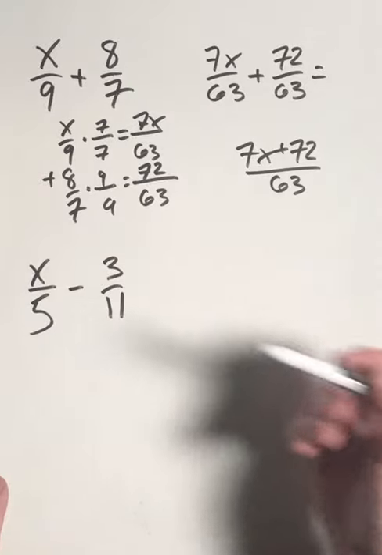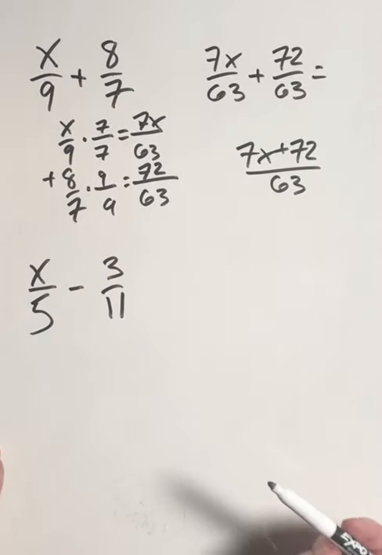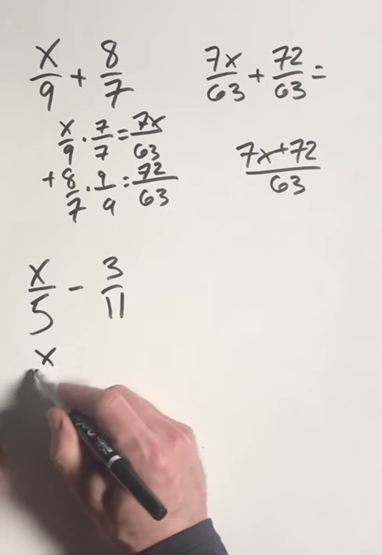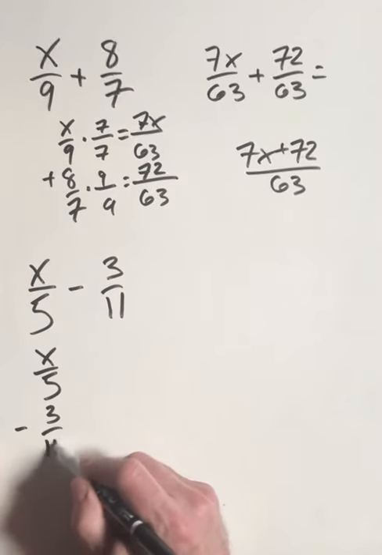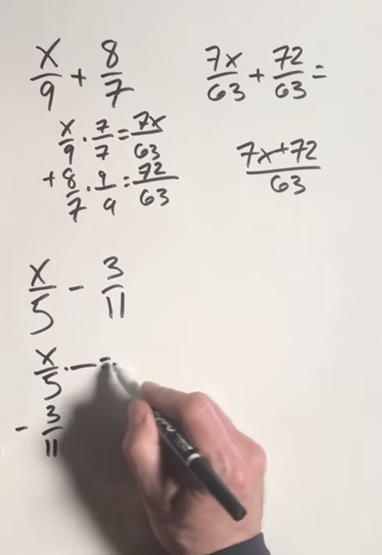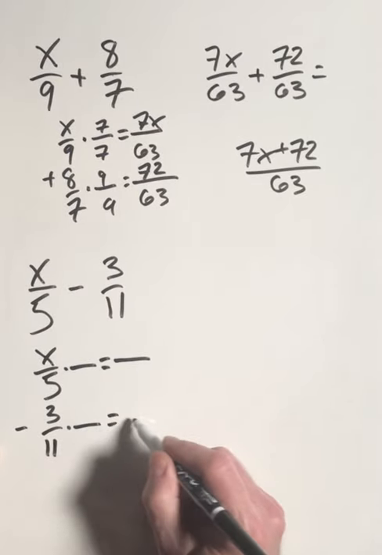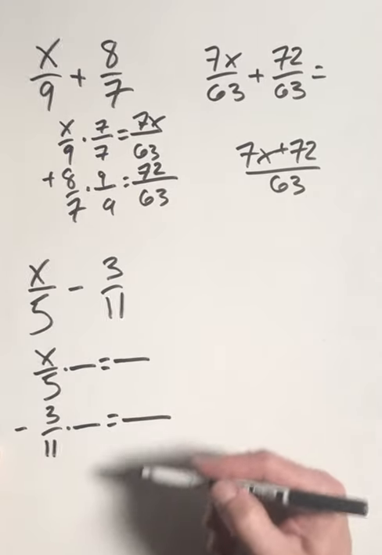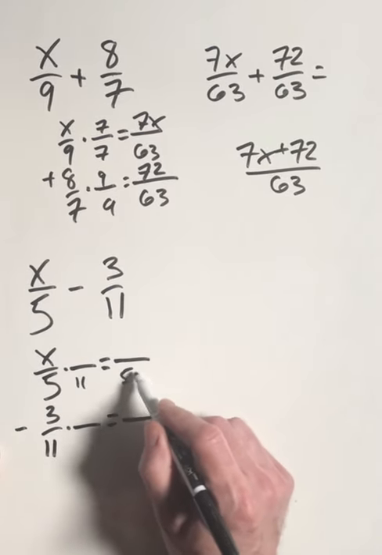Now, we'll do the same thing here. We're going to look at this subtraction of two rational expressions, and we're going to handle it vertically. We're going to take x fifths subtracting 3 elevenths, and we're going to multiply each of them by a fraction to get us a third fraction with a common denominator. All right? We're going to use structure to our advantage. We're going to take 5 times 11 and get 55